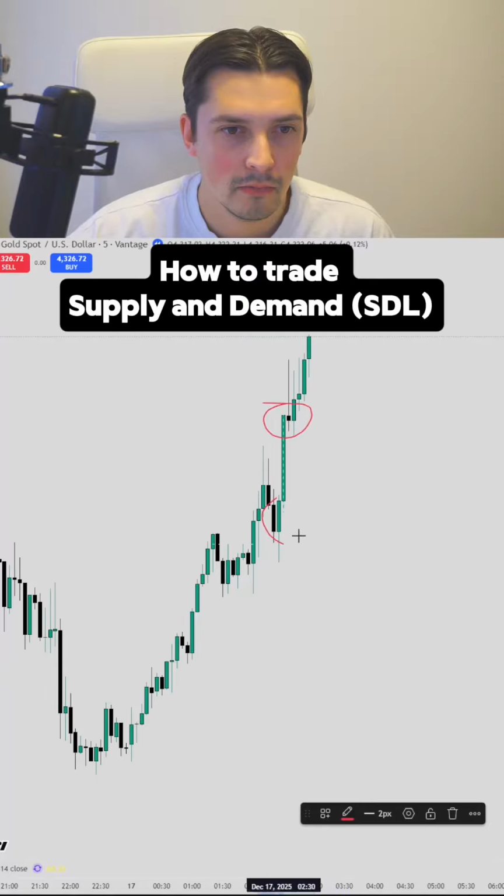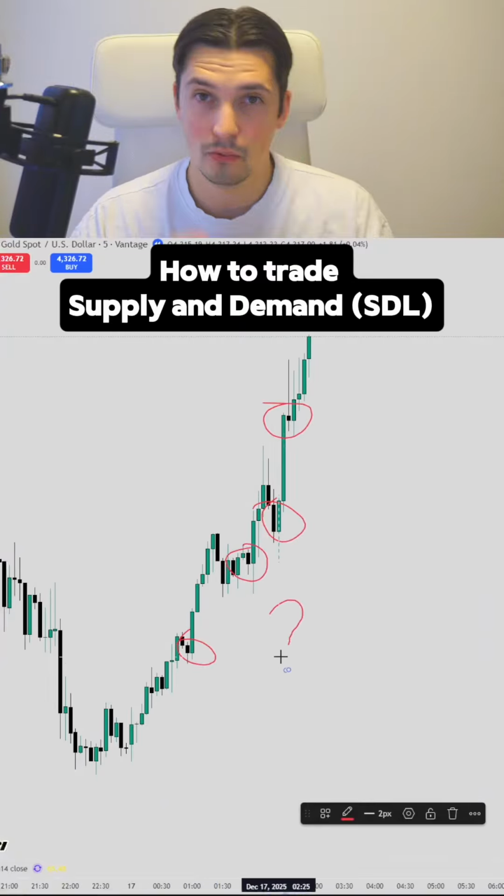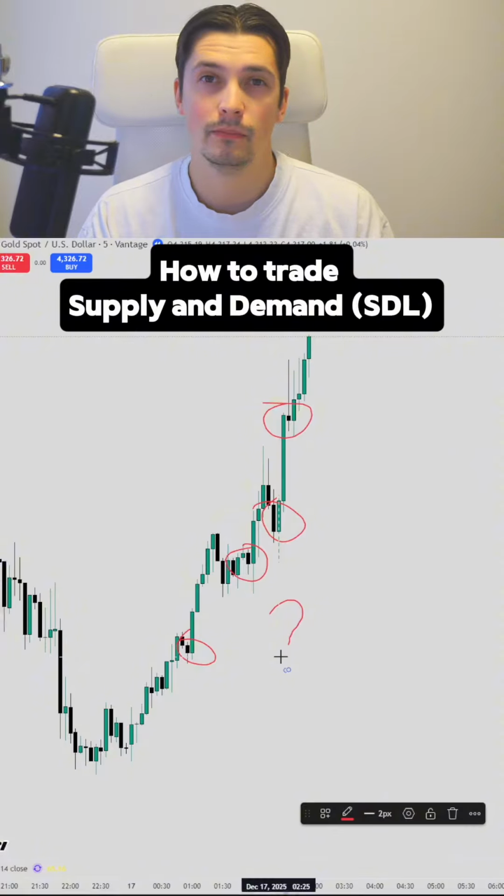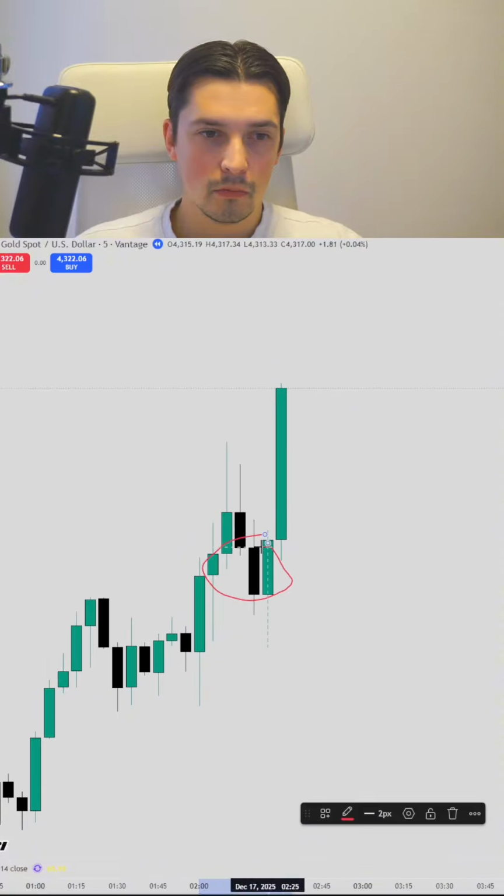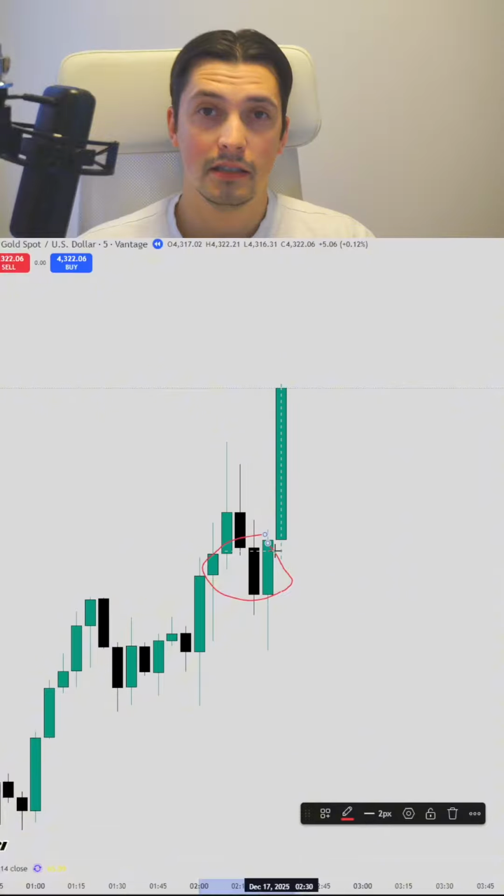Supply and demand zone, supply and demand zone. Which of these zones is the correct one that you can expect a rejection from? Let's find out. If you don't know what a supply and demand zone is yet, it's a counter trend candle